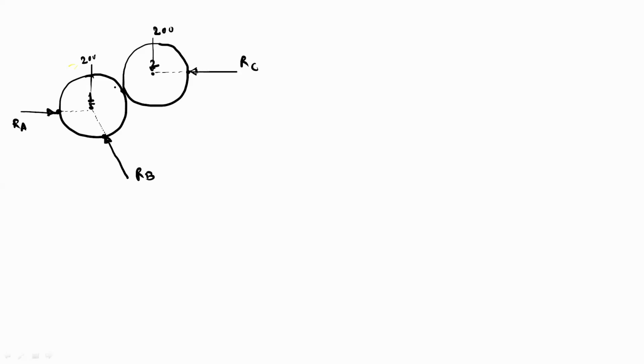So we consider the reaction at a contact point when we isolate that object from that contact point. Okay. So in this free body diagram, we are not isolating these two cylinders from each other. So we will not show the reaction at this contact point. Okay. So now we can solve this total free body diagram by using conditions of equilibrium. Okay. So first condition will be summation Fx is equal to 0. Second condition will be summation Fy is equal to 0. And third condition will be summation of moment is equal to 0.